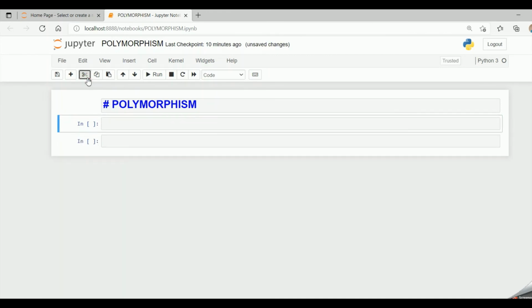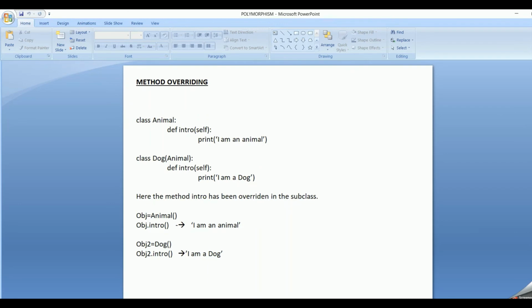Okay. Now let's move on to one more concept which is method overriding. So what is method overriding? Suppose we have a base class and it has got some methods, and we have a derived class which wants a different implementation for the method. Suppose I am having a class called animal in which there is an introductory method and it prints I am an animal.